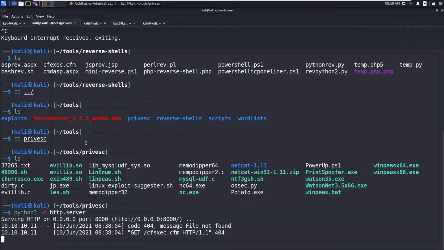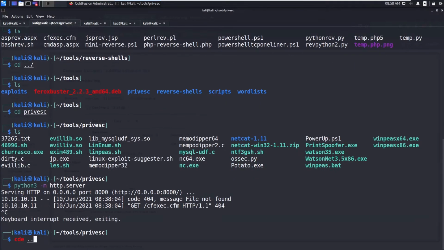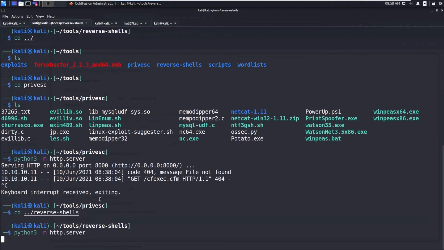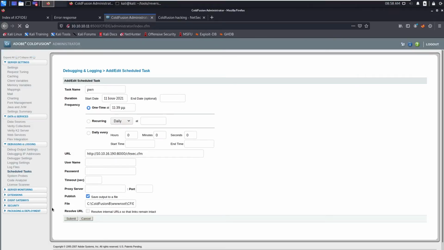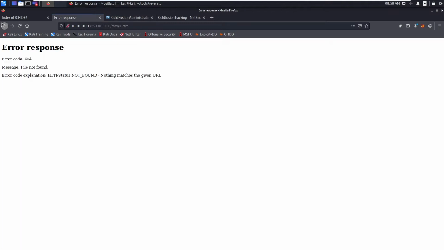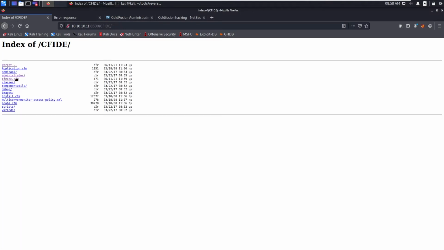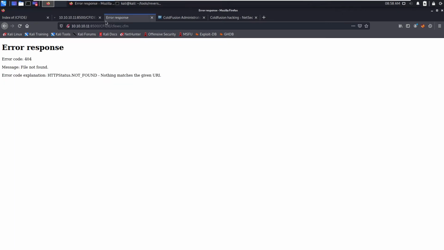So okay, let's host it again. Click on submit. I don't know, the file should be there. It's telling error response.